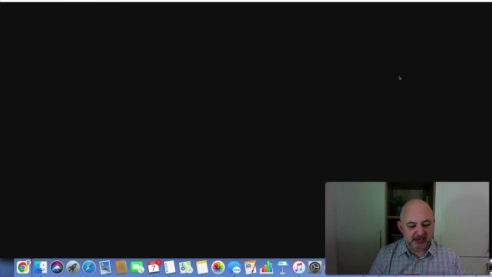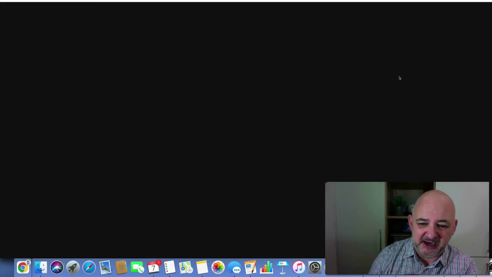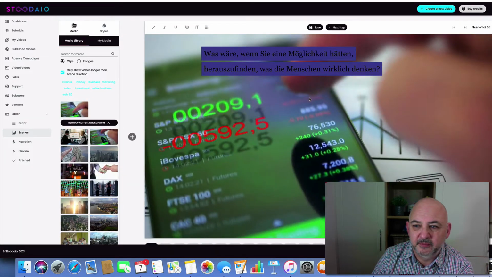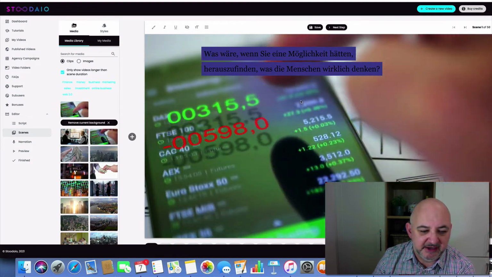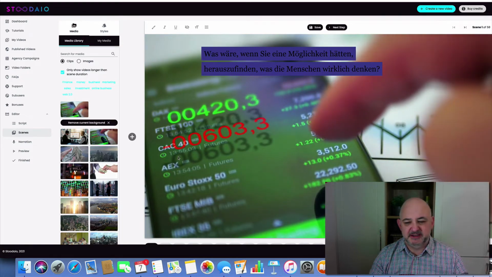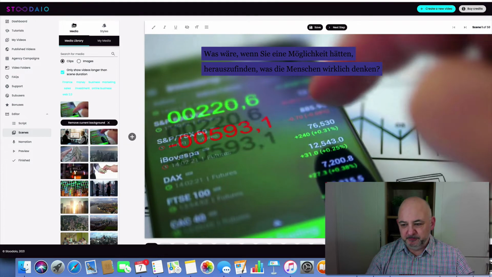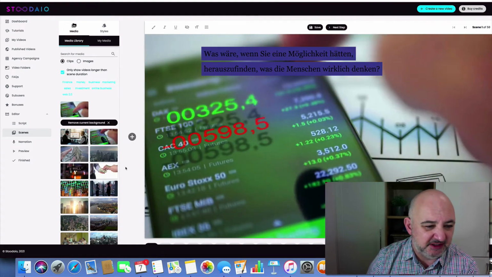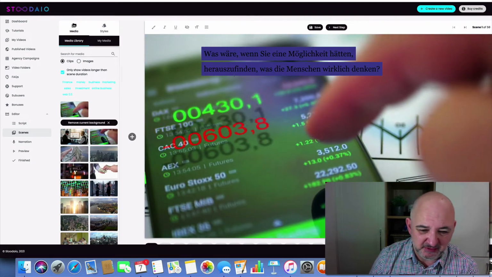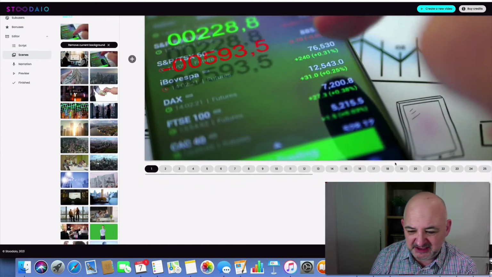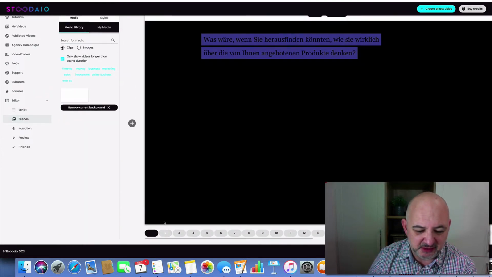Okay, so it's now creating the videos. It takes a couple of moments to load, so let's wait for this to load, and it'll load the editor here ready to start creating these videos. Okay, so it's generated the slides. Now you can see it's put a video background in there. Now what you can do is you can automatically change the background if you want. So if you don't want this background, it creates, and you can see the slides that it's done here.